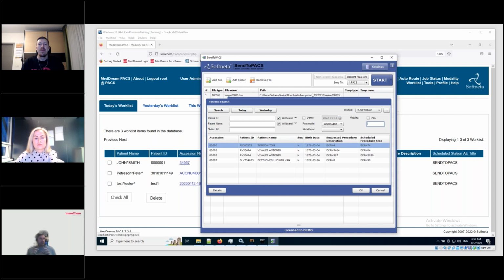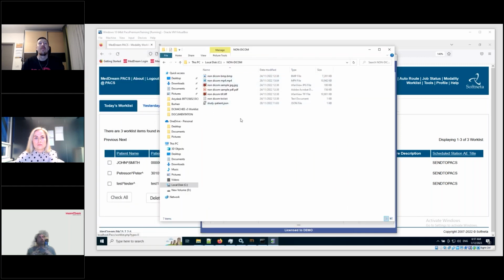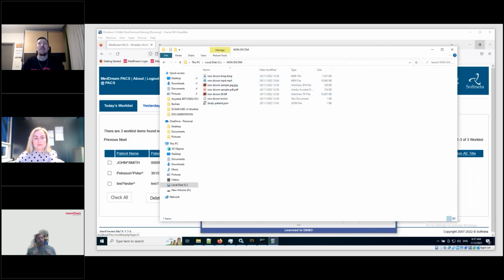But what we created is a plugin which can read non-DICOM files from a folder, and in this folder any non-DICOM file can be stored, and we have a special JSON